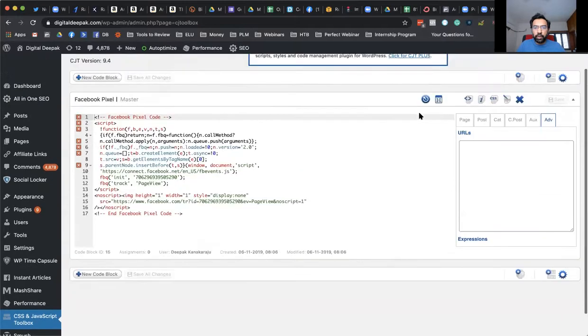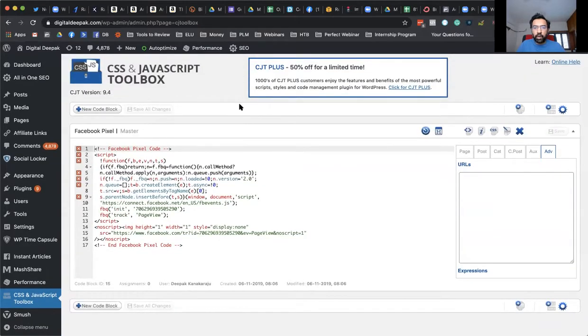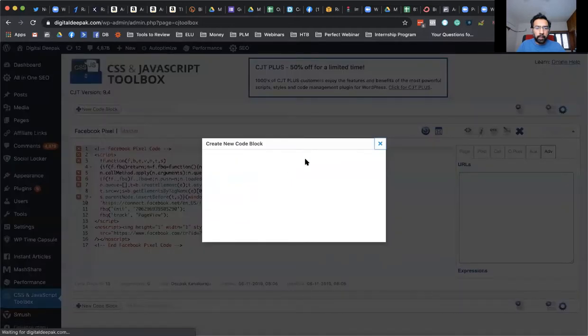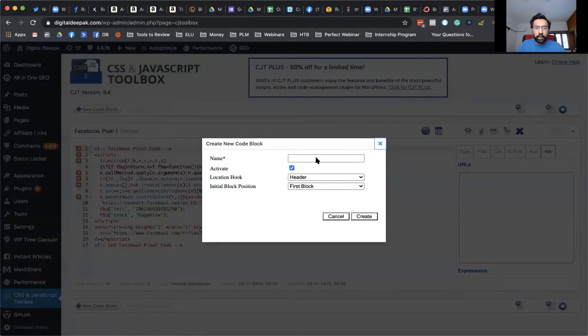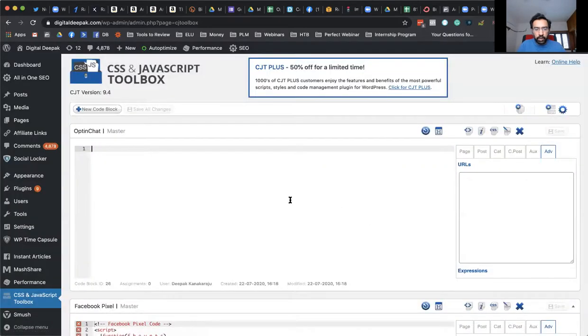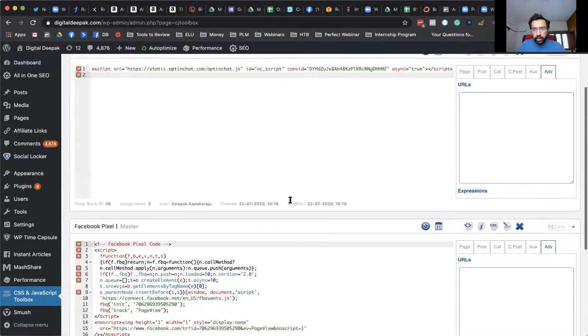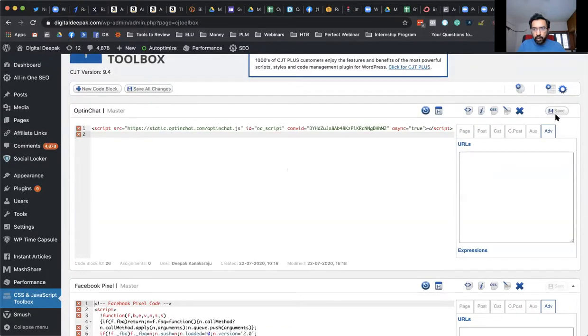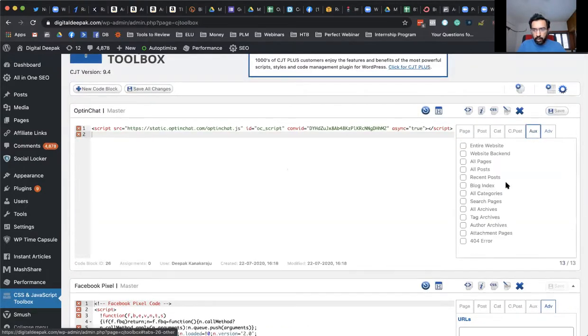So what I'm going to do is click on create new code block. And here the name is going to be opt-in chat. I'll put opt-in chat, then click on entire website and click on save.